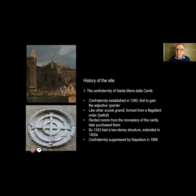Certainly it was the first to gain the adjective grande, meaning that it wasn't a trade guild, which was also called a scuola, nor was it a confraternity which looked after a particular ethnic group like the Dalmatians or the Greeks, for example. Like the other scuole grande in Venice, and there were 6 of them,